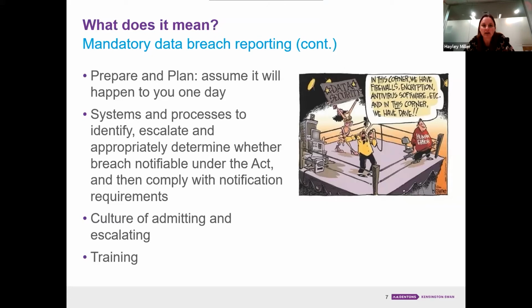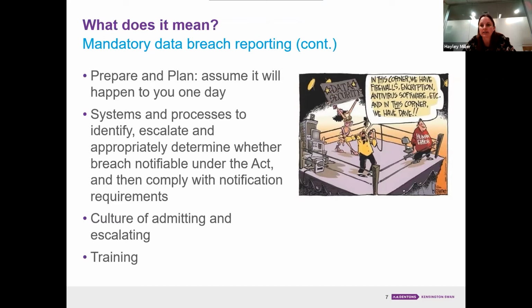If they double checked what was attached to an email, it may not have occurred. So the key here as well is that a mandatory data breach isn't necessarily just your infrastructure being invaded by some bad person. This is a breach across the business of either one person's or lots of people's information. And you have to think about paper, you have to think about electronic, you have to think about phone. There are multiple ways that this could occur. So having really clear guidance and training to your staff will be a key element to success here.